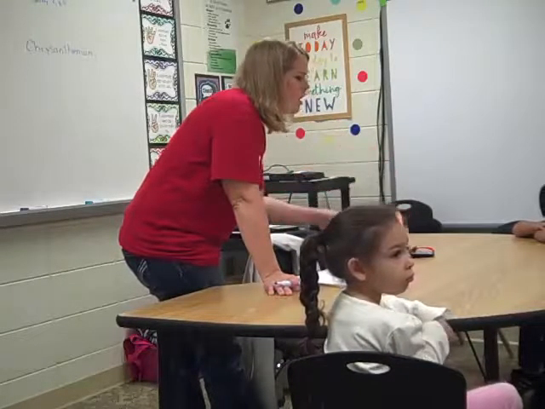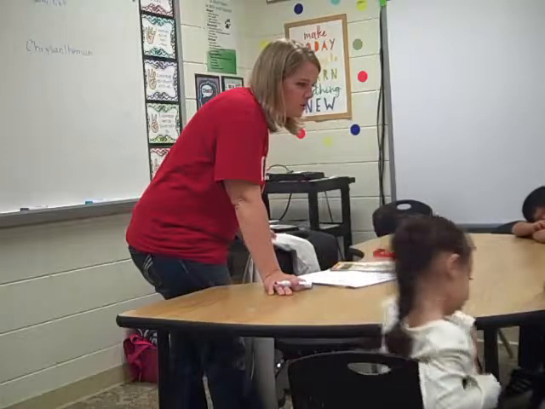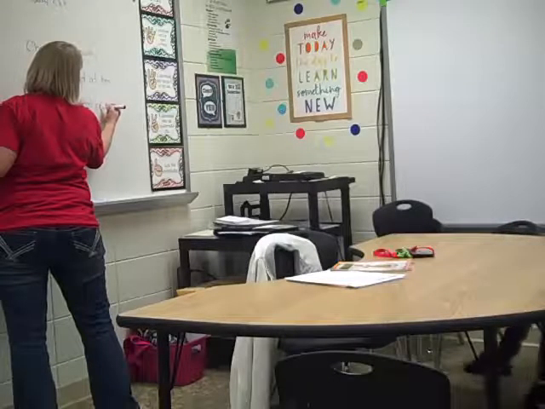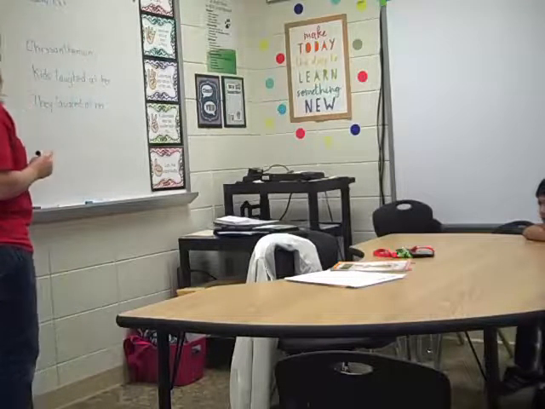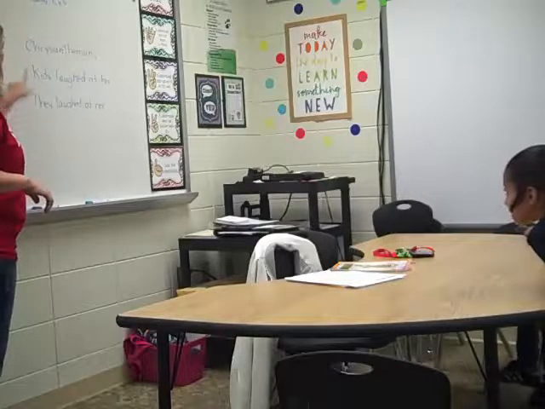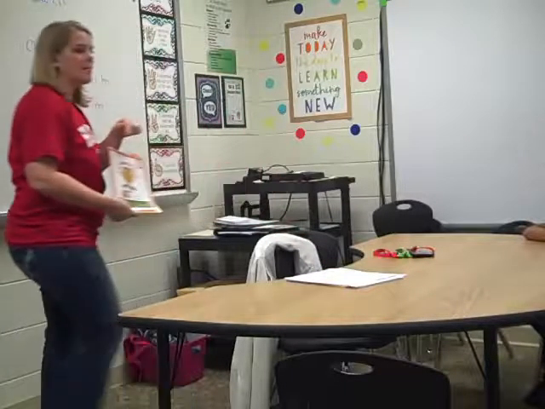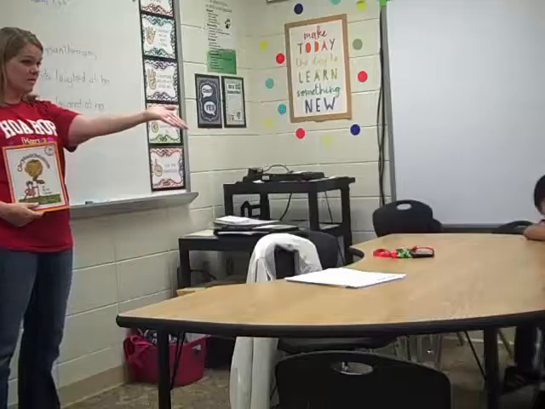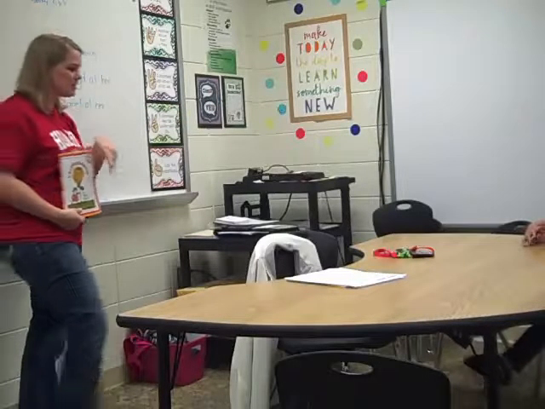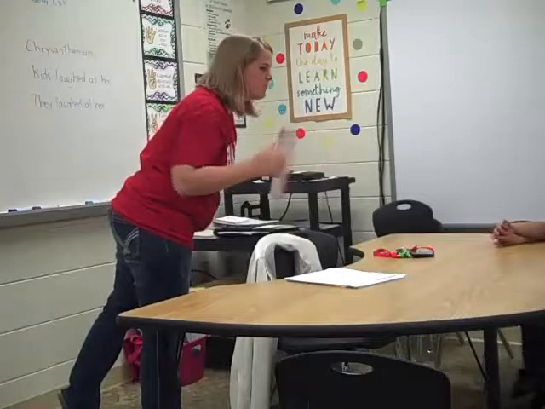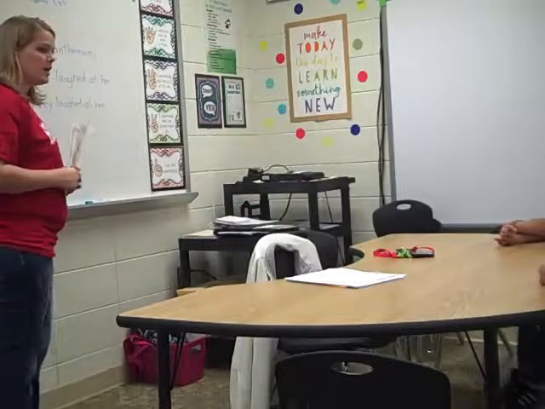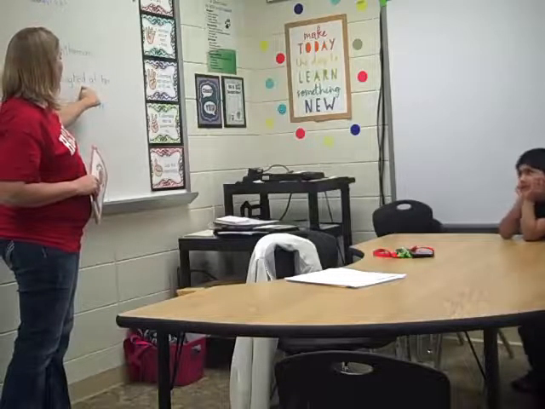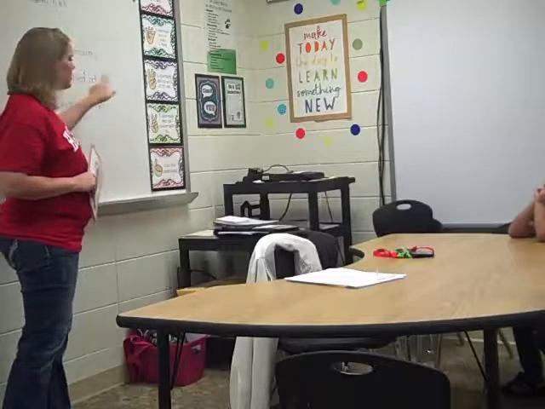She laughed. The kids laughed at her, didn't they? Kids laughed at her. Okay, let's read what we wrote. We're going to try to read these words. So, what was our character's name? I'll say it first, then you read it. Chrysanthemum. Chrysanthemum. Good job. Can you guys read it with her? Say Chrysanthemum. That's our first word. Then, Ruth told us, look at these words. Kids laughed at her. Can you read it with me?